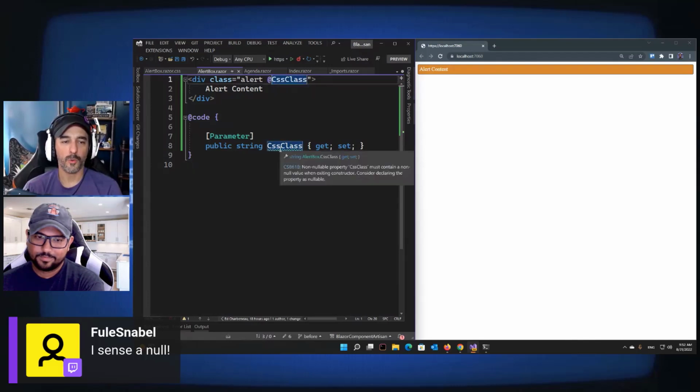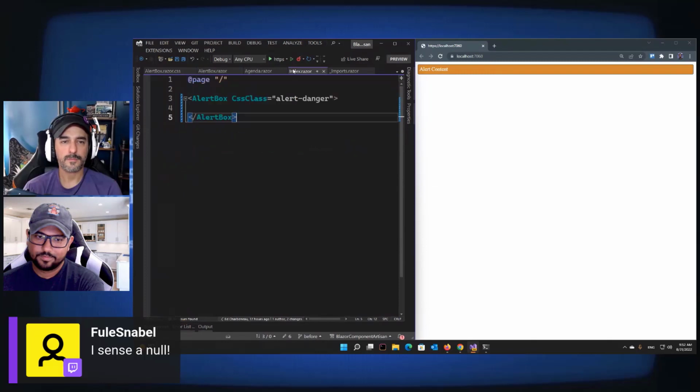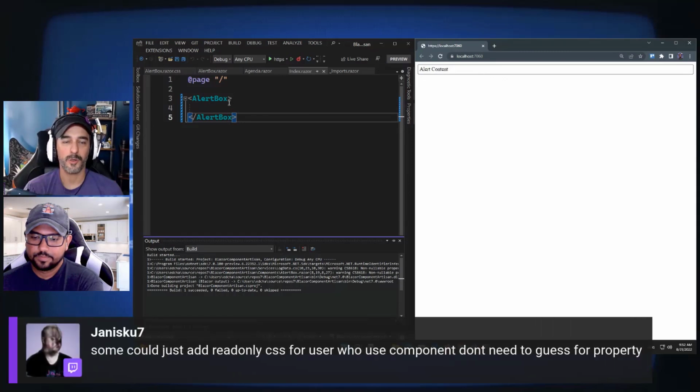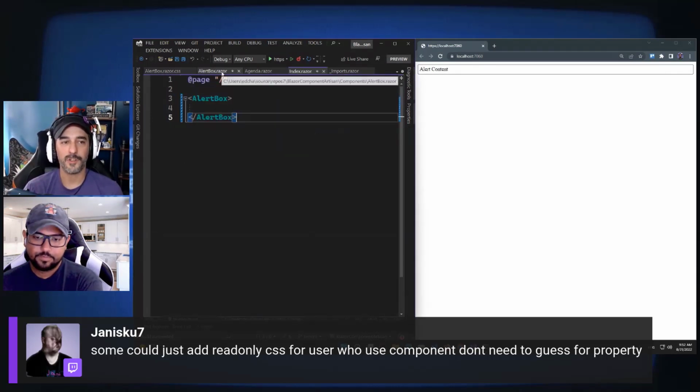If we ignore the fact that this can be null, it's not going to crash our application if we don't set this property. It's not going to cause a compiler error. It's not going to cause a runtime error. It's just going to cause the alert to not have a background. It's not the end of the world. Our app didn't crash. There's no log that's created. The user keeps on chugging for the most part. We're just talking about some colors that weren't applied. So sometimes they seem like false negatives here,